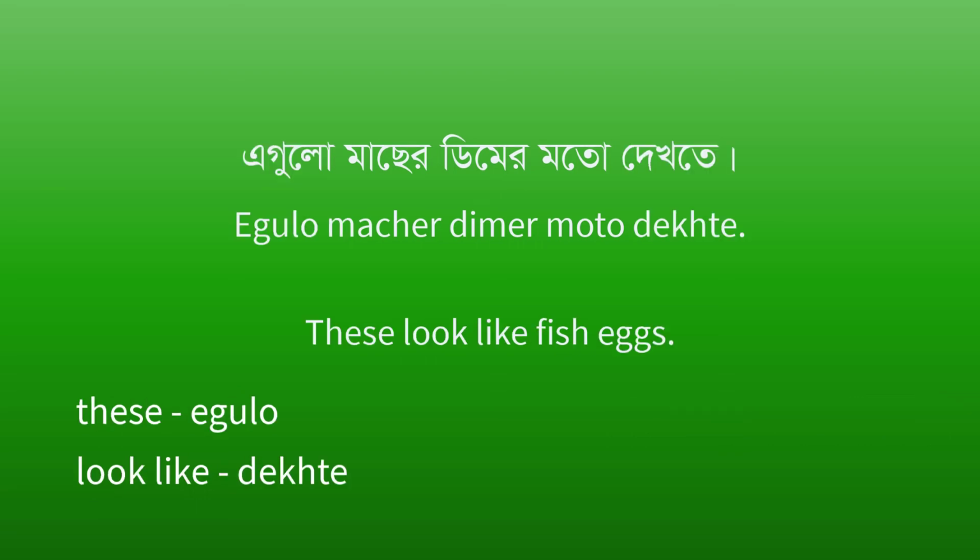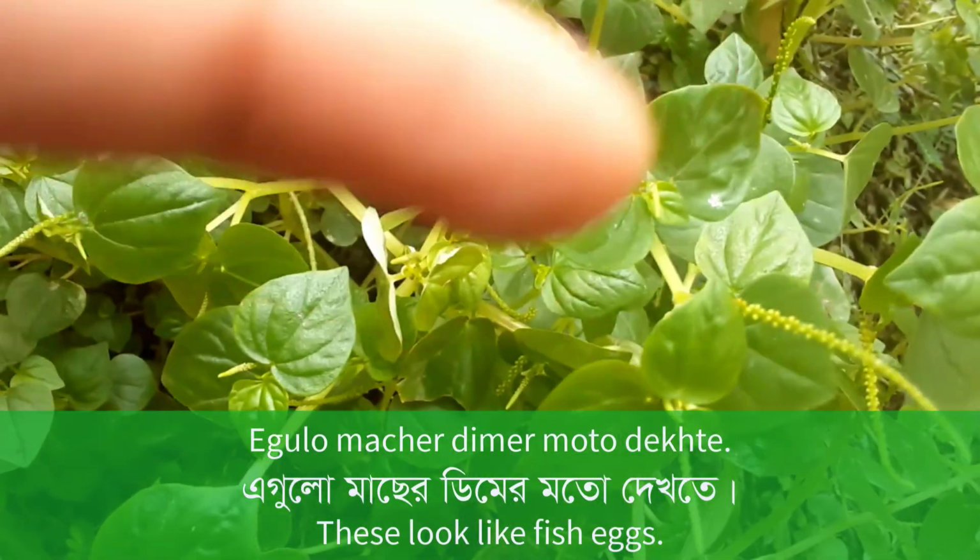এগুলো মাছের ডিমের মতো দেখতে. These look like fish eggs. Here, এগুলো means these and দেখতে means look like. So the sentence will be এগুলো মাছের ডিমের মতো দেখতে. These look like fish eggs. এগুলো মাছের ডিমের মতো দেখতে।